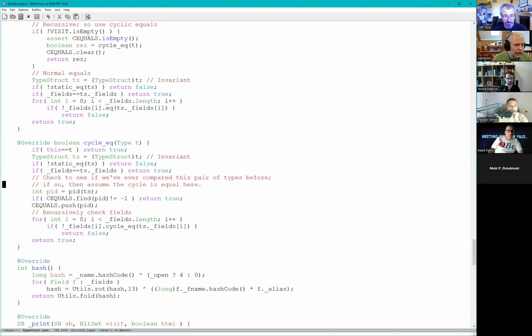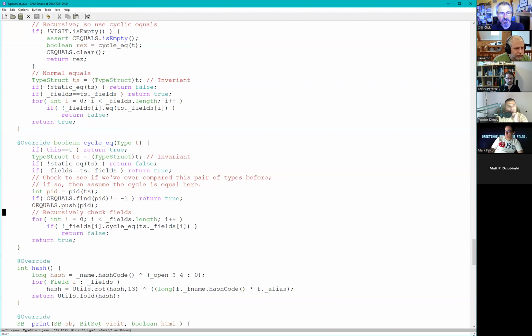And then the cycle equals guy comes through and says, do all the other things the other guy was doing, your static equals or fields are the same or whatever, then make a pair ID. I'm comparing two guys. Are they cyclically equal? Make a pair ID. And because my UIDs are small, I get two of them together. And maybe someday it has to be a long instead of an int, but fine. And then I look you up. And if I got a hit, you're true. And if I don't, you go on the list. And then you do cycle equals. So that stops your cycle because you find the pair right there.